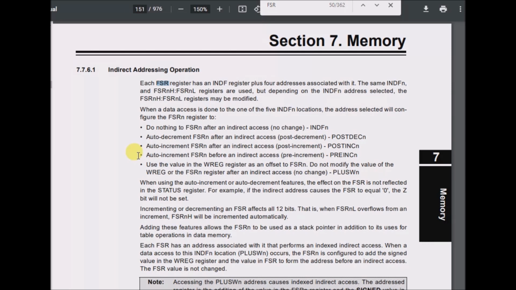Adding these features allows the FSRn to be used as a stack pointer in addition to its uses for table operations in data memory. Each FSR has an address associated with it that performs an indexed indirect access. When a data access to the INDFn location plus WN occurs, the FSRn is configured to add the signed value in the WREG register and the value in FSR to form the address before an indirect access. The FSR value is not